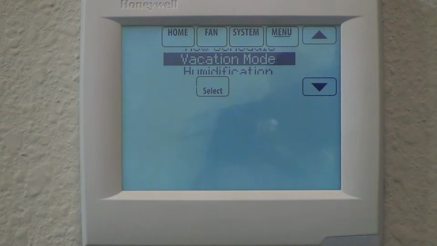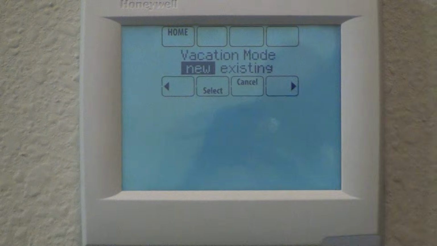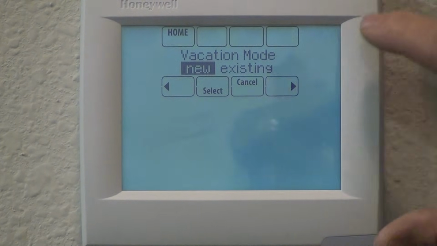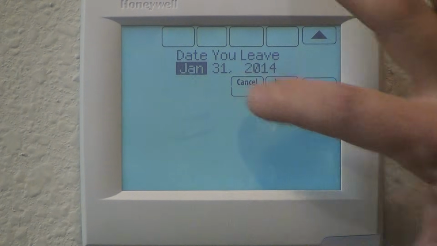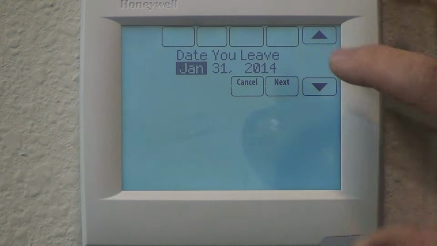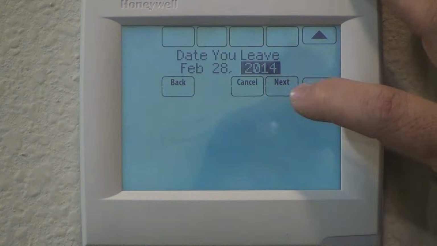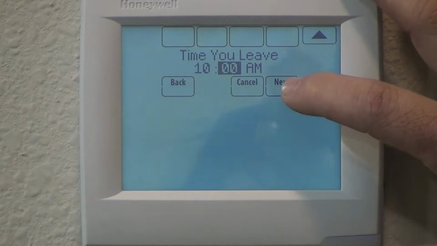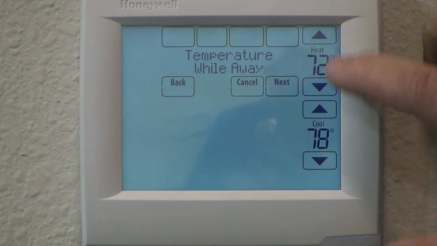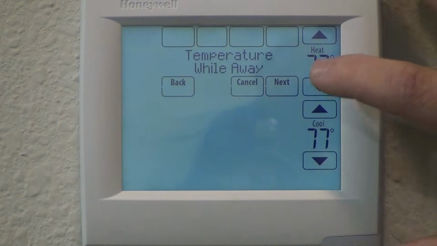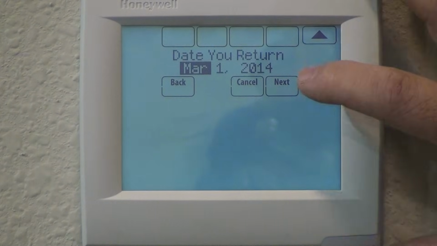The thermostat also has a vacation mode. We can enter a new vacation period by selecting new. You can adjust the date that you're going to leave, the time that you will leave, the temperatures that you would like it to be while you were away, the date that you will return,